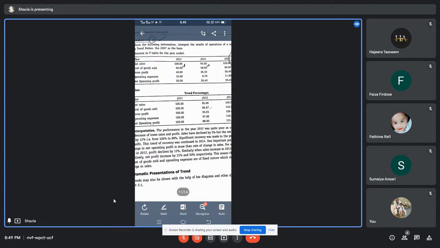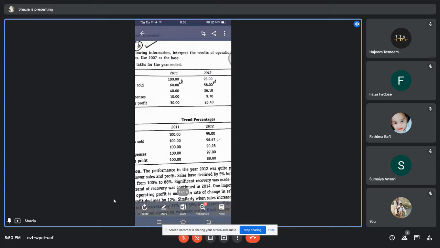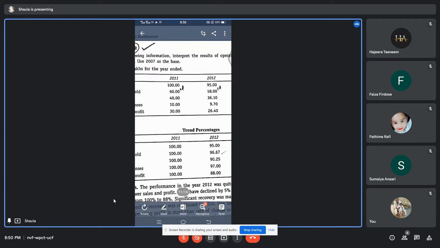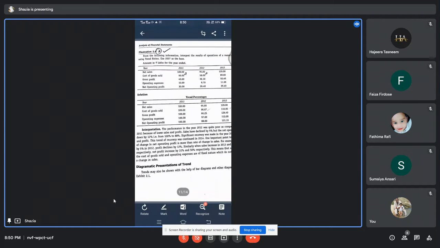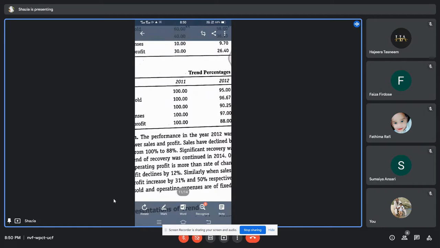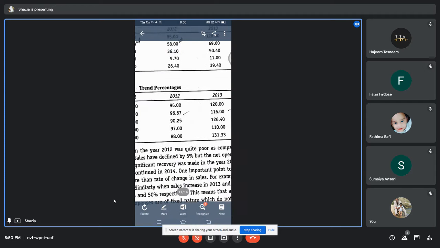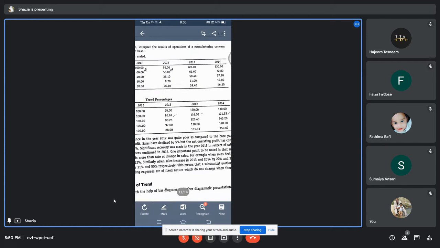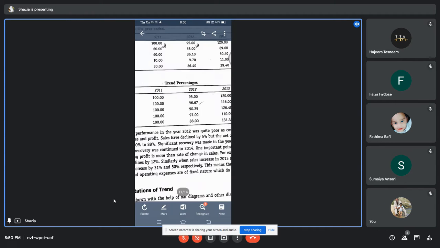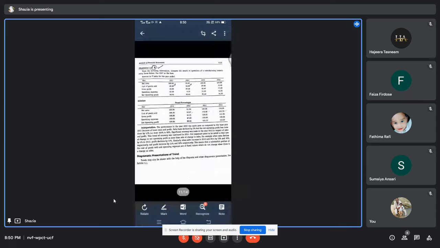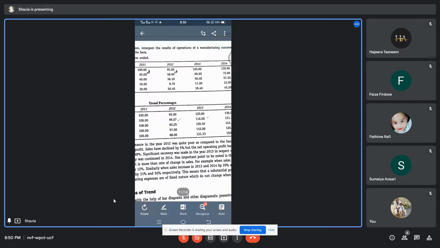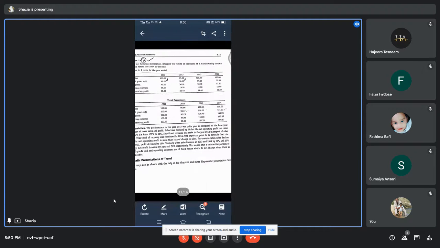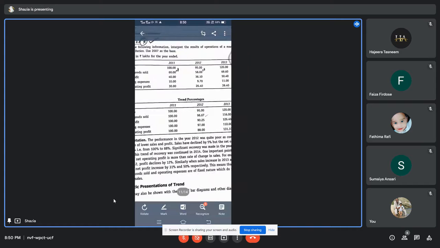Here we have to take an adjustment. Now the criteria will change. Why? One more thing I would like to tell you. When you're writing the answers, you should mention 100% for the 2011 year, but for 2012, 13 and 14 only the percentages will change. Just because net sales is given as 100, for 2012, 13 and 14 you're getting similar percentages. But for the second item it will change, because the second item has 60% for the base year.